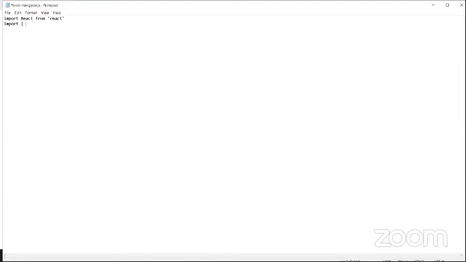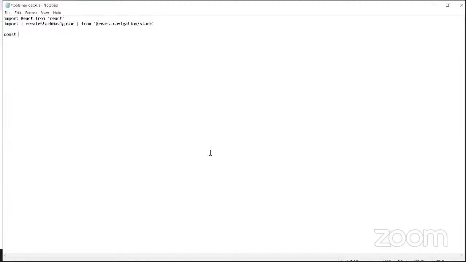So createStackNavigator from @react-navigation/stack. And I'm also going to import, oh no, I don't need to import anything else. So I'm just going to say